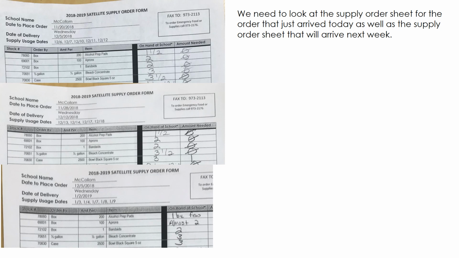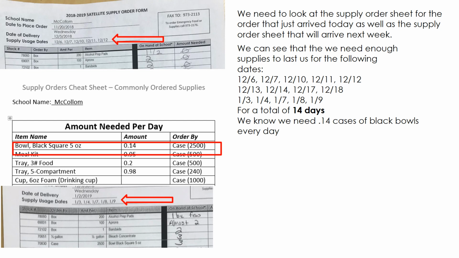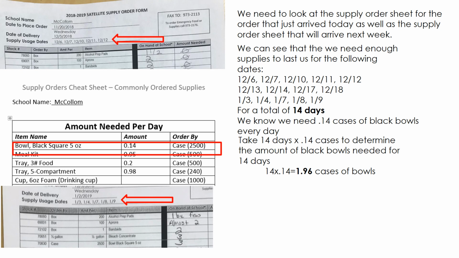We can see that we need enough supplies to last us for the following dates: 12/6, 12/7, 12/10, 12/11, 12/12, 12/13, 12/14, 12/17, 12/18, and 1/3, 1/4, 1/7, 1/8, and 1/9, for a total of 14 days. We know we need 0.14 cases of black bowls every day. Take 14 days times 0.14 cases to determine the amount of black bowls needed for 14 days. That equals